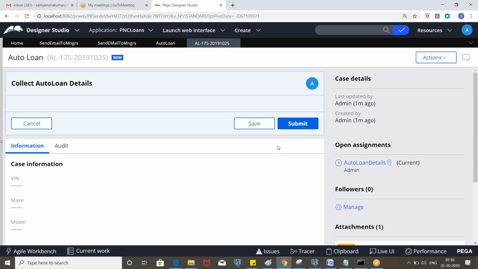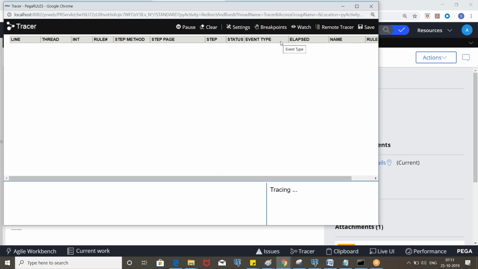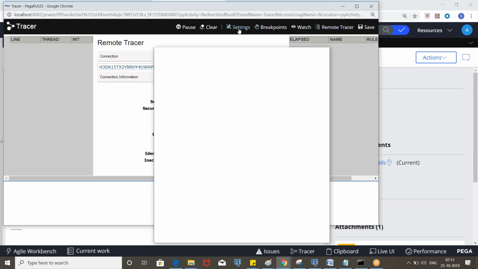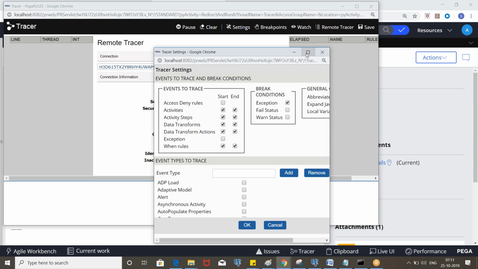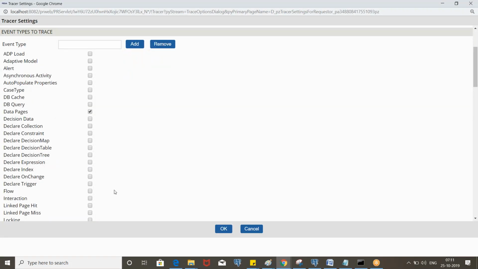If we click on submit, we are taking the loan ID as pyID. The pyID, the work object ID, will always be there, and we will see that. So let's trace, but we will not see the vehicle details, but the ID will be there. So here, if you want to see the declare trigger, we need to enable this option, the declare trigger.